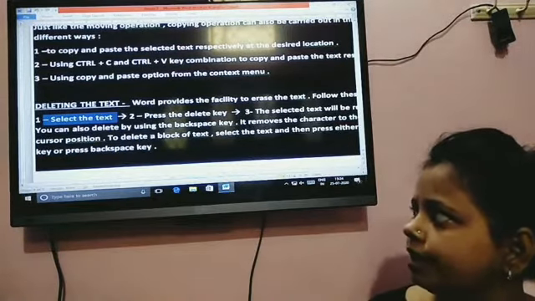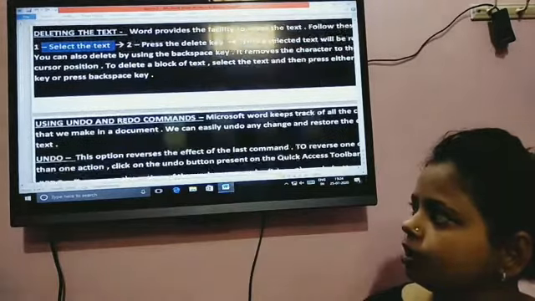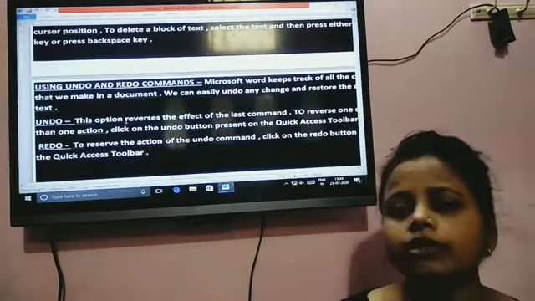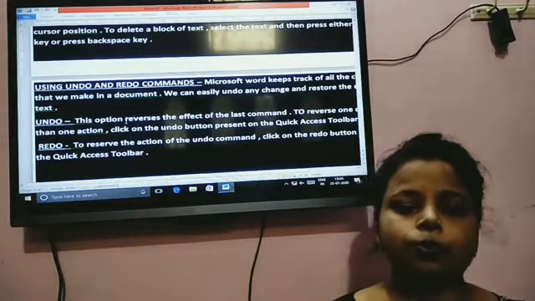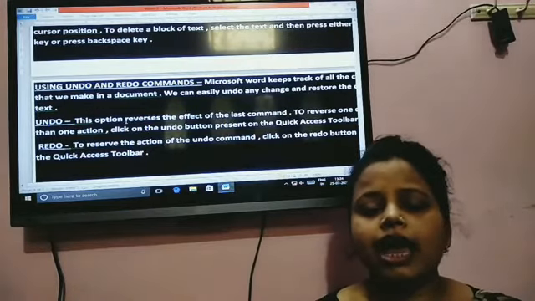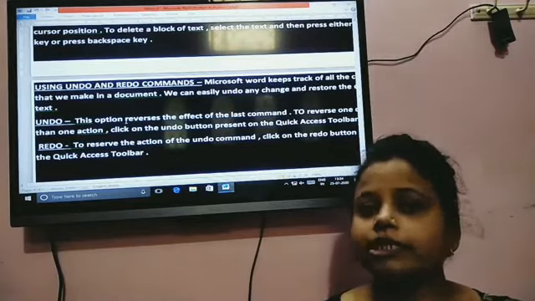Now, next heading is using the undo and redo commands. About undo and redo, what I told you: if anything is deleted by mistake.